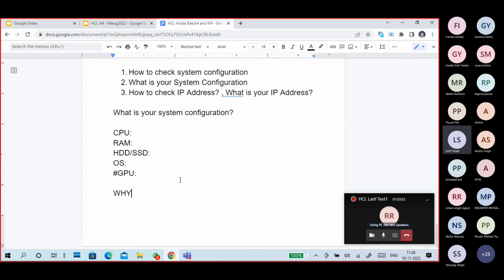And why should we know our system configuration? There is a computer, and I am using the computer. Then why should I know what my CPU and RAM are? It may be my brother's system, from my uncle, or my sister's system. Why should we know system configuration? Guys, if you want to install some application,